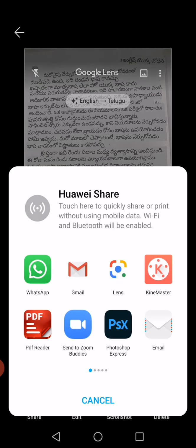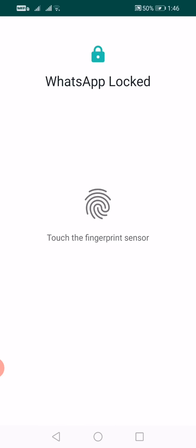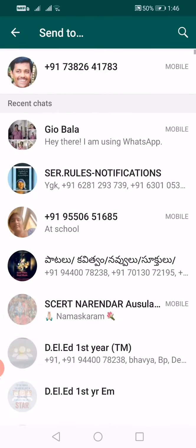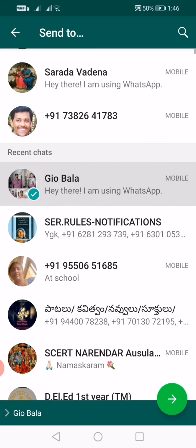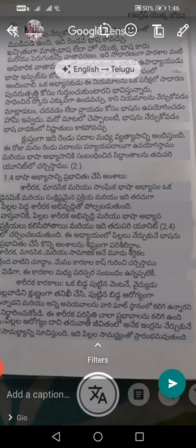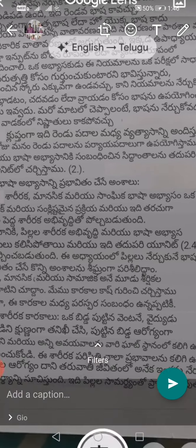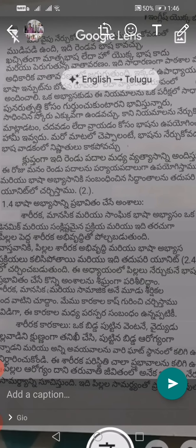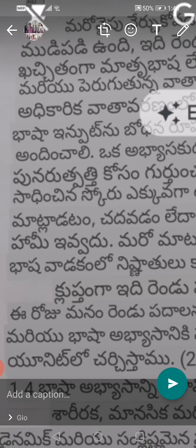We can save it, or we can save it in a mail, or we can send it to WhatsApp, like that. Let's send it to WhatsApp, and then we can read it. We can save it in one place, and there we can read this. See, this is a page I have taken, and here the information has been clearly translated.